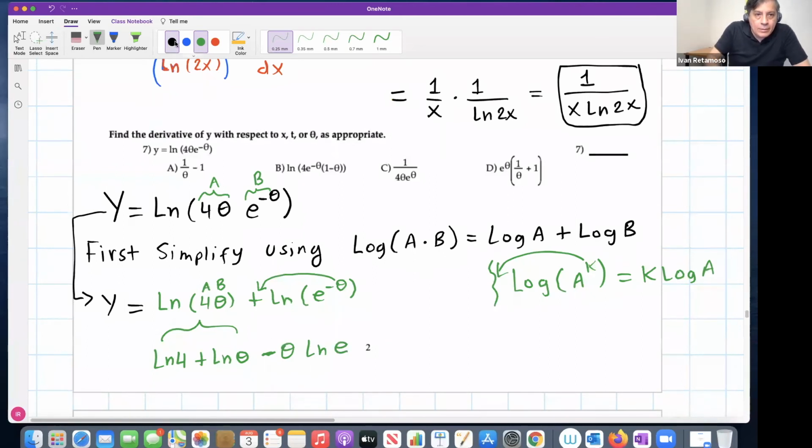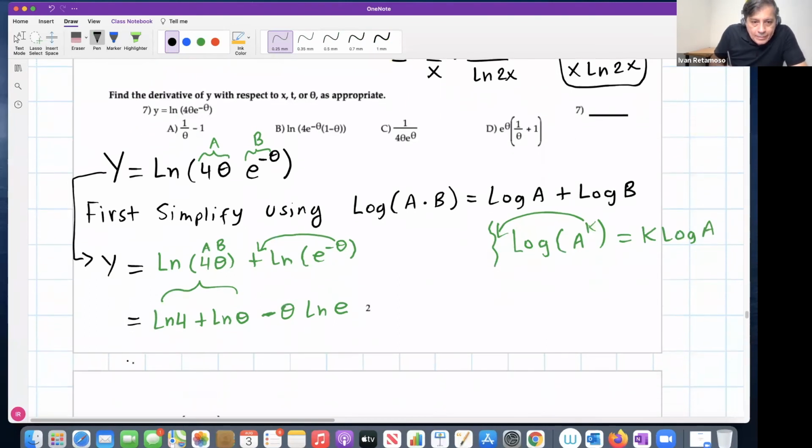Professor, why are you doing all this madness? Well, notice, guys, natural log of 4 is just a real number. The derivative of this will be 0, right? So this is how you simplify. Now, the derivative of natural log of theta I know is 1 over theta, so very simple. So now, what is this? Natural log of